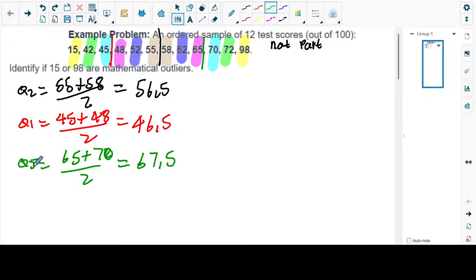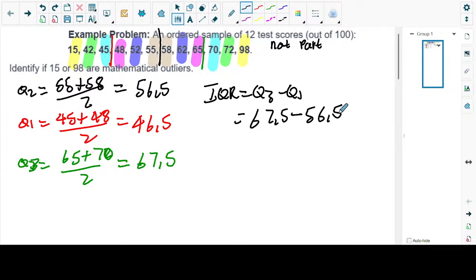Now you have Q1 and you have Q3. You can move to the next step, which is getting the IQR. Let's calculate the IQR. The formula for the IQR is IQR is equal to Q3 minus Q1. So our Q3 is 67.5 minus